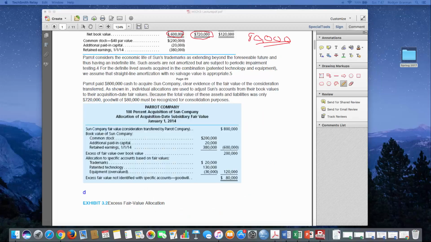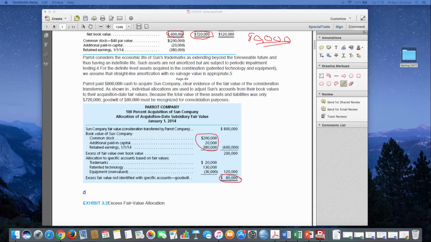And in fact, you see kind of the analysis of this, that is, they're acquiring all of the equity of the company, the $600,000, and all the equity is another way of saying the net assets, that is assets minus liabilities. And that difference, the $200,000, will begin to peel off the layers that are going to be ascribed to specific assets. And again, what's left is the $80,000. And that's, in fact, goodwill. And goodwill is, in fact, implied in the $800,000 that they paid. Okay, now,